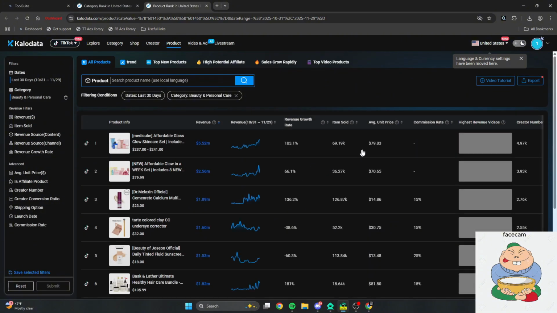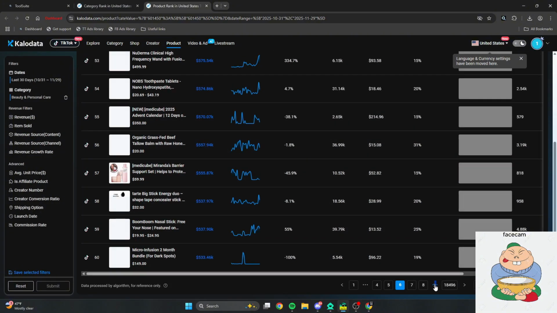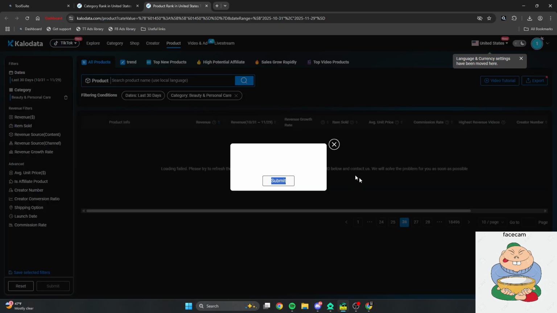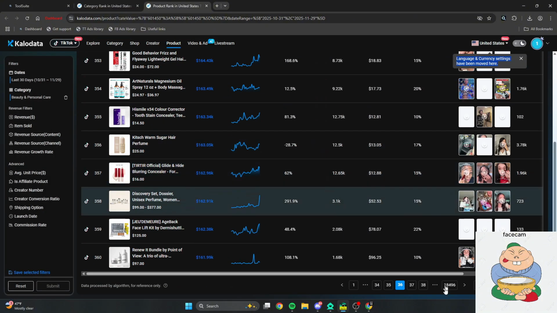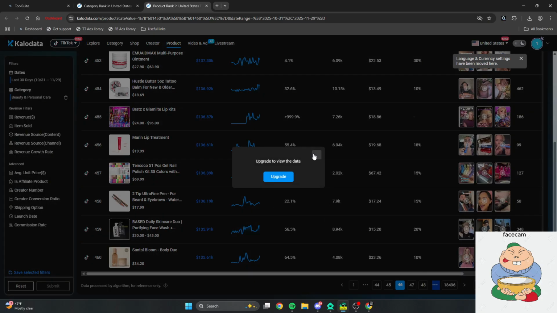Now, the number one thing you should be doing whenever you're on Calidata is ignore everything. Just go to the back pages and keep going. You're going to get errors and stuff like that. Just keep going. This is the price you pay for $30 a month, saving so much money like this. Just keep it pushing. Don't look at revenue, just keep going.